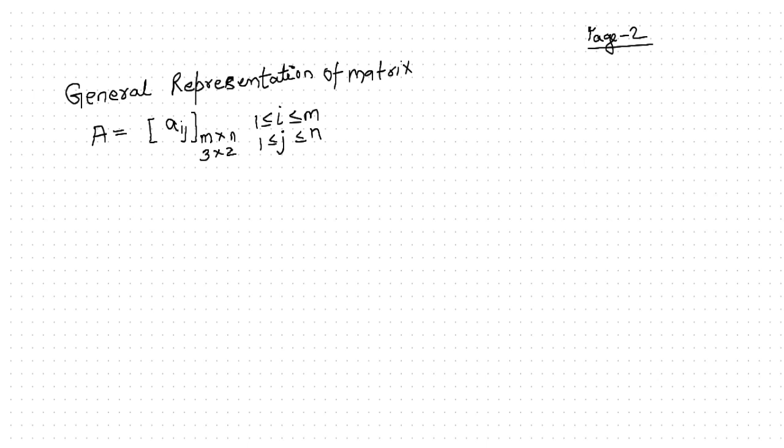Now let me erase this. And these i and j are natural numbers. i, j belong to the category of natural numbers. Now what are natural numbers? From 1 up to plus infinity. Okay, now this is the short notation. We will try to expand this so that you can understand.